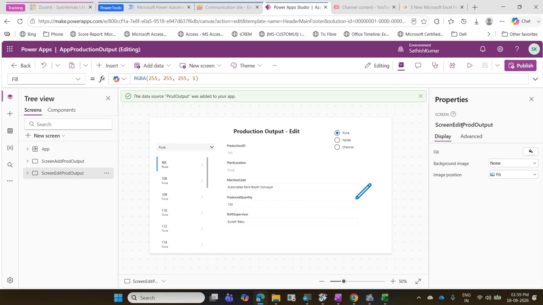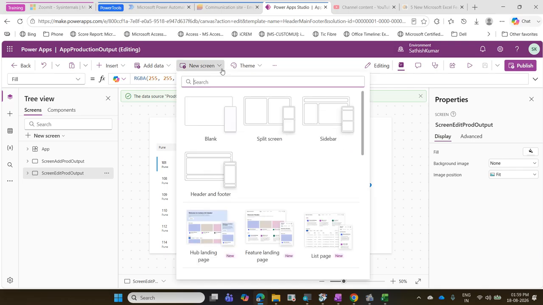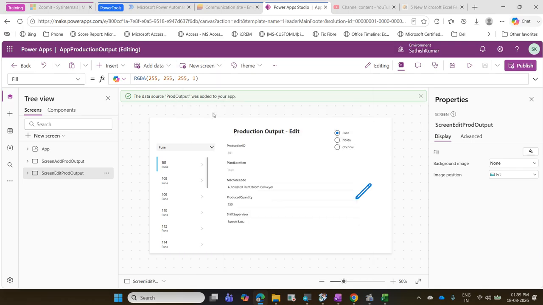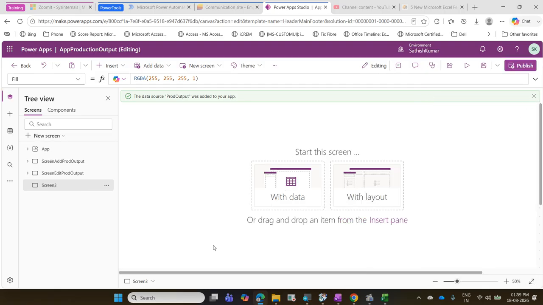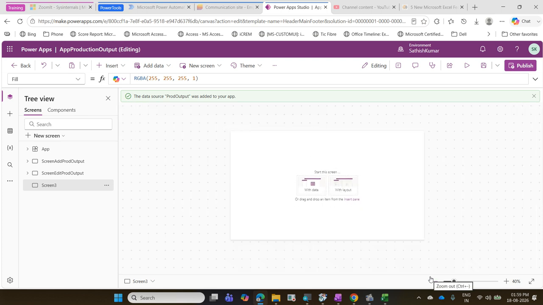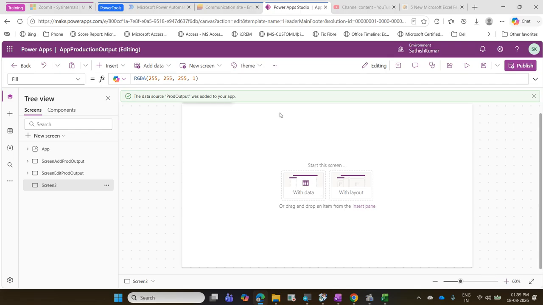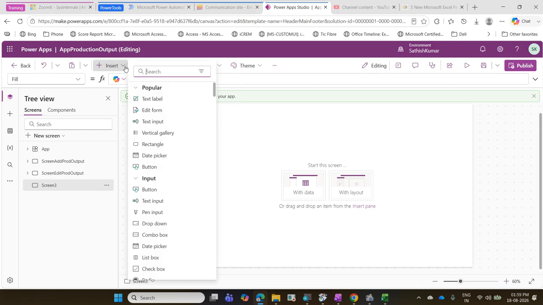Let me insert a new screen. So let us go to the new blank screen. I click on the blank screen now. So I have inserted a new blank screen, a fresh new blank screen. In this blank screen, as usual, I'll go to insert, text label,